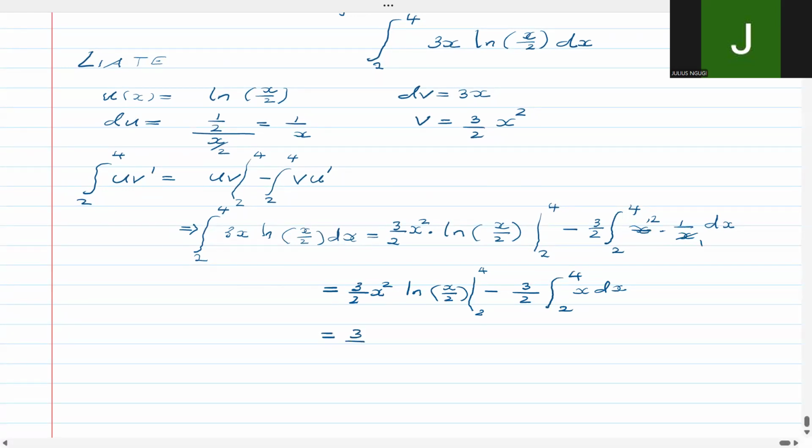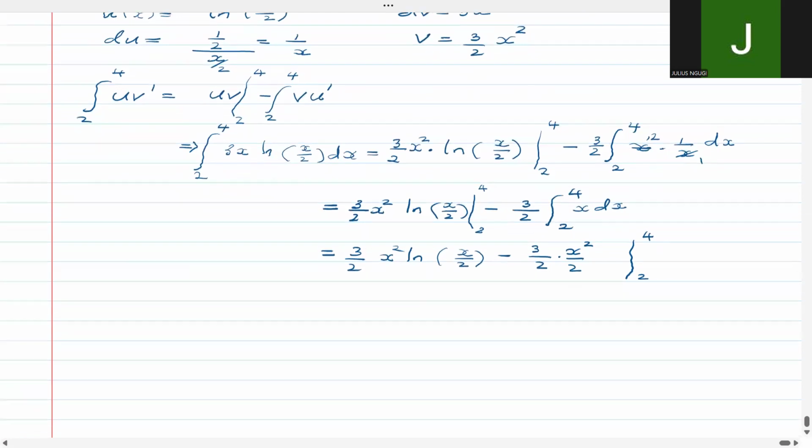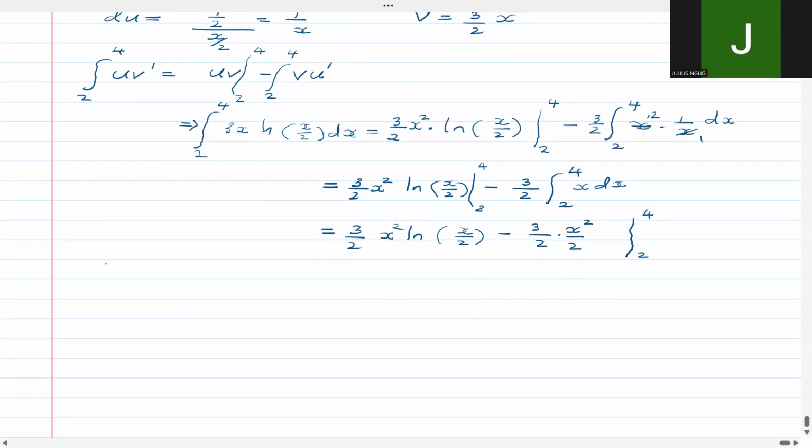So we will get 3 over 2 x squared ln of x over 2, minus 3 over 2. The integral of x is x squared over 2, so you get multiplied by x squared over 2. And then everything here will now have the limits of integration from 2 to 4. Now that's when you use the fundamental theorem of calculus, which is F of the upper limit, F of 4, minus the antiderivative at 2. So let's start by